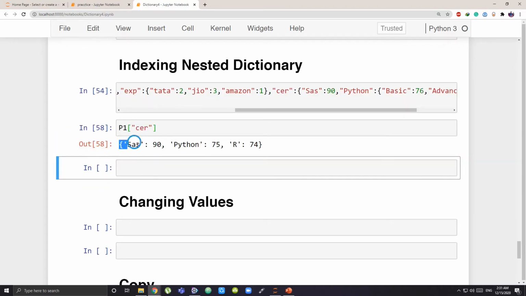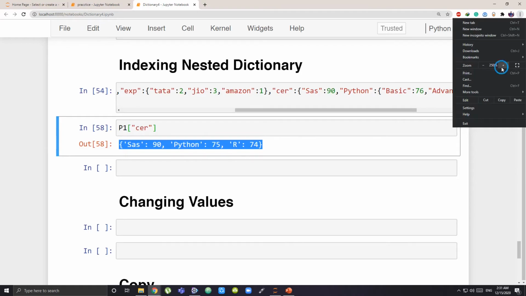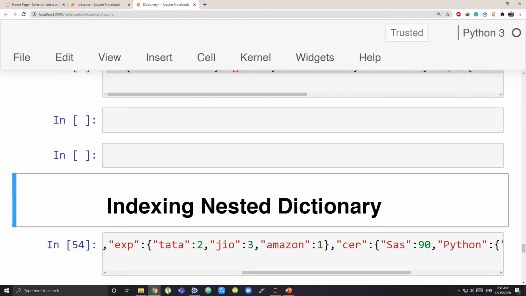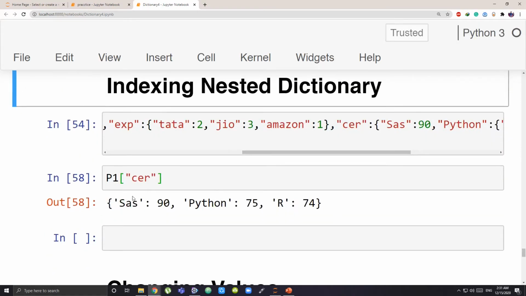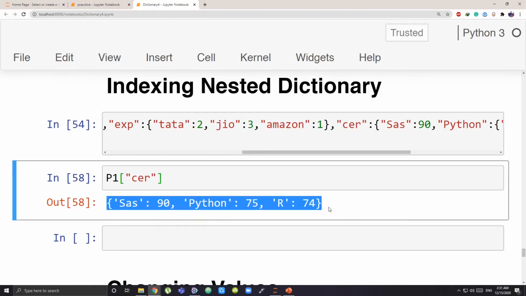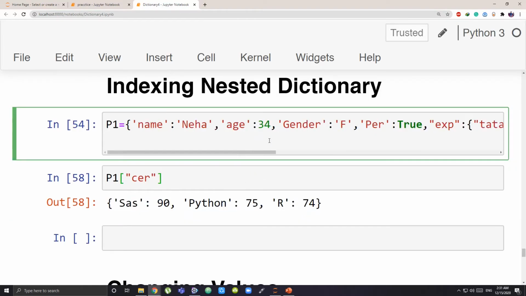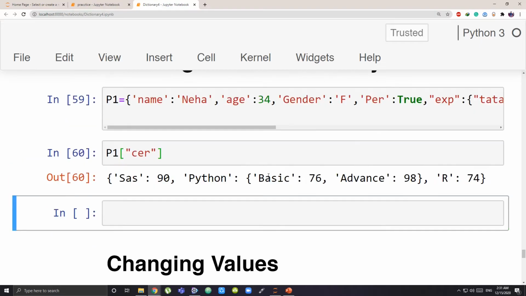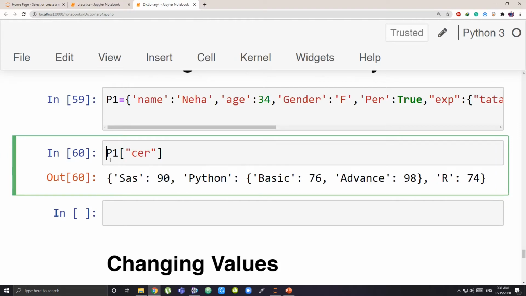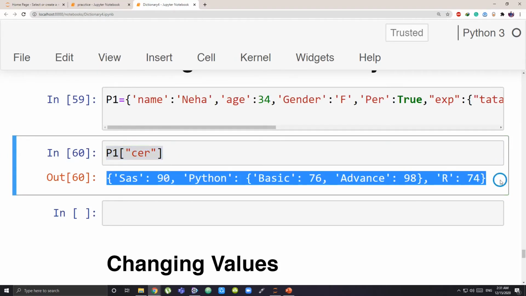So now you see this big dictionary. Let us just maximize it. Okay, so what do I see? Now this is what is extracted. From this, what do I want? Okay, I'll just run this cell first, then I'll run this. Yeah, now this is the huge dictionary, that is the certificate. I told from P1 give me the value of certificate key, so this was the value that is there.